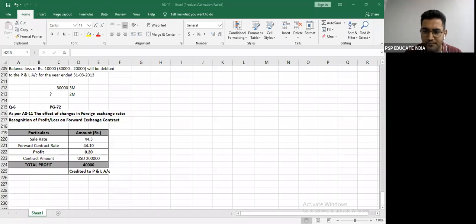दूसरी बात मैं आपको बताता हूँ, प्लीज अंडरस्टैंड दिस व्हाट आई एम ट्राइंग टू एक्सप्लेन टू यू। You have to understand that you purchase something at 44.1, right? So remember, you purchase something at 44.10. It is not sure what is the date when you will sell. क्या आपको पता है आप कब बेचोगे?